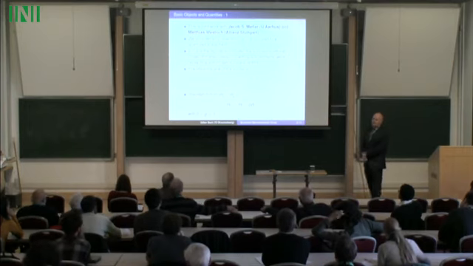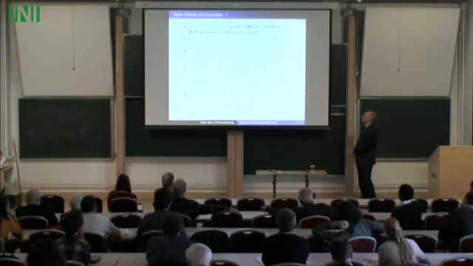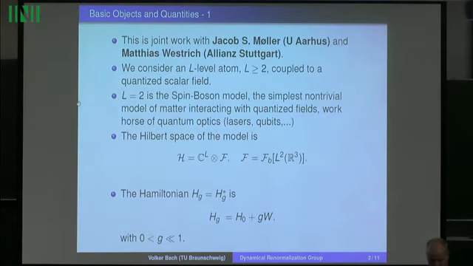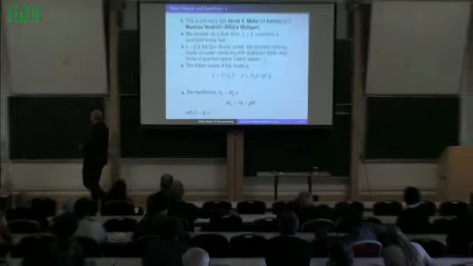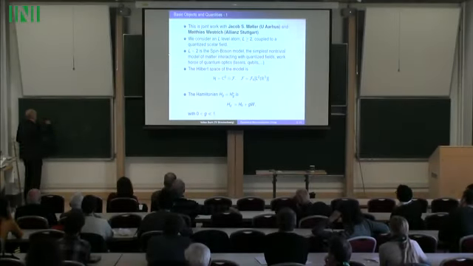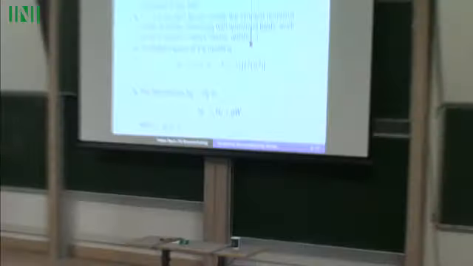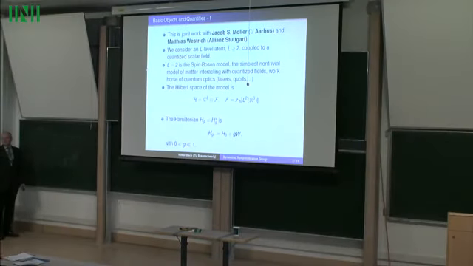what I would like to tell you about is joint work with Jacob Möller in Aarhus and Matthias Westrich, who's working for Allianz Insurance now. So he left academia. And we pose the following question. Let me mention this as a guideline. Namely, we would like to have an effective generator for the evolution. Suppose we have a Hamiltonian which generates the evolution of a quantum system, and we want to